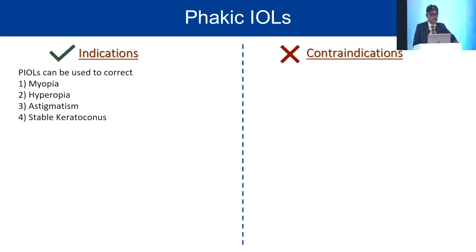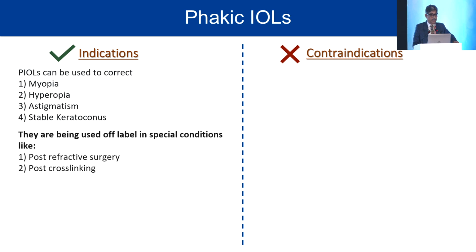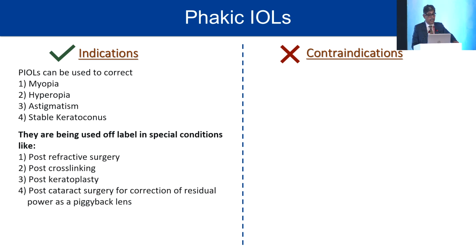Now, coming to the preoperative planning, which is very important and crucial for the successful outcome of these lenses. These lenses, as we know, are used to correct myopia, hyperopia, astigmatism, and can be used in cases of stable keratoconus. Apart from this, off-label, we can use them to correct post-refractive surgery cases, post-cross-linked cases, post-keratoplasty, and post-cataract surgery for correction of the residual refractive error as a piggyback lens, and pediatric anisometropia, and for the correction of